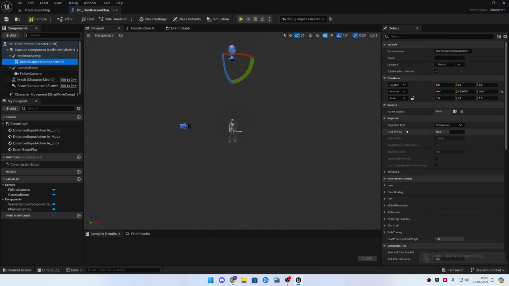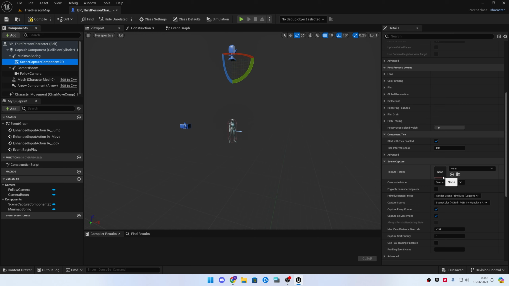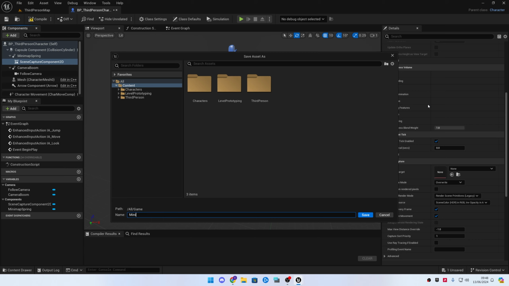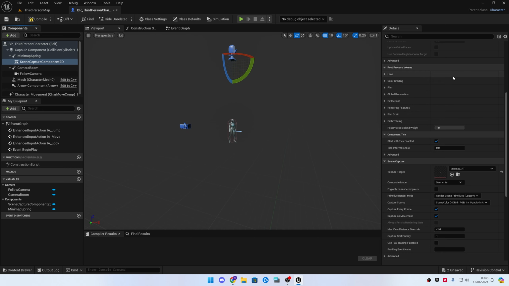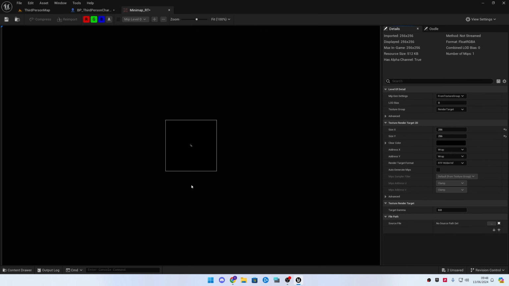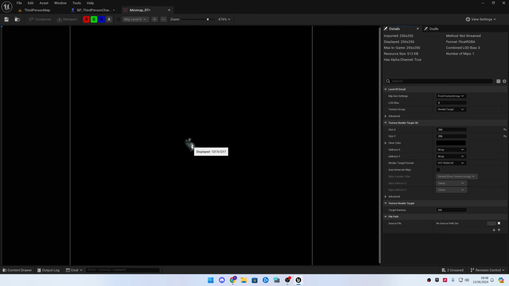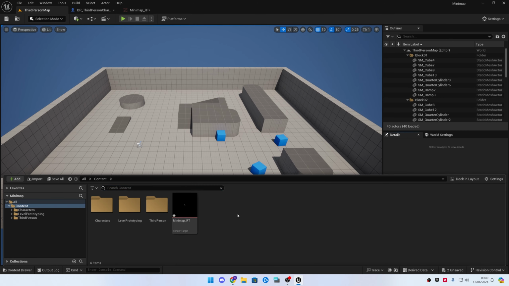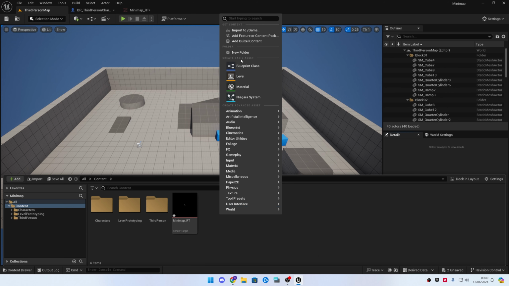Okay, so on the scene capture component 2D, just click texture target, and we're going to create a render target. Now just name this something like rt_minimap. Now what we need to do, just open up the minimap, and as you can see, that is our player character just in the middle there. Next what we need to do is just going to right click, and